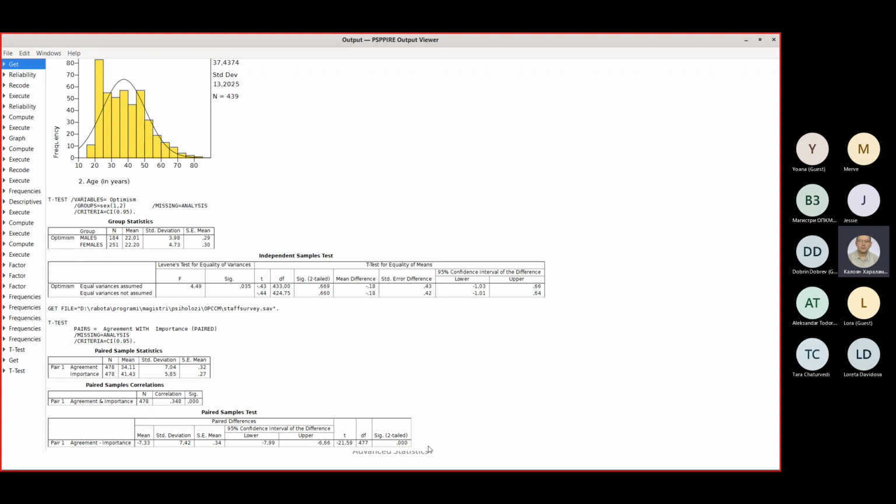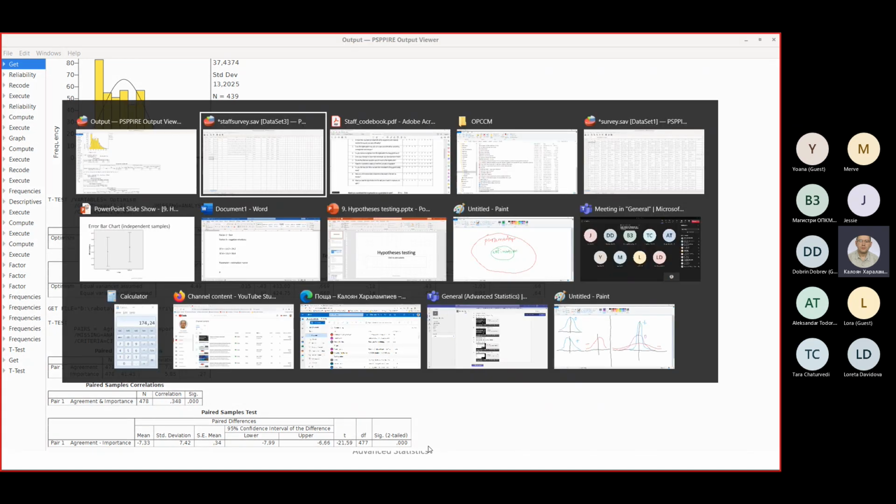That means that we must accept alternative hypothesis. That means that this difference is statistically significant. This difference is larger than sampling error. And now,